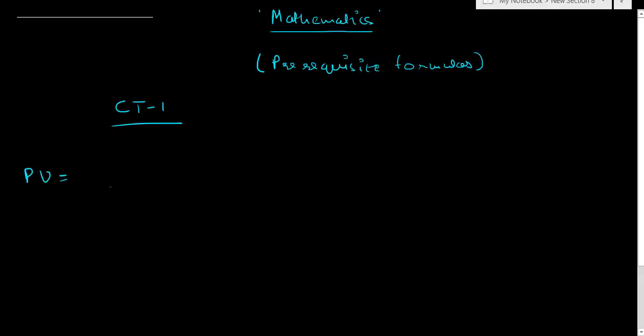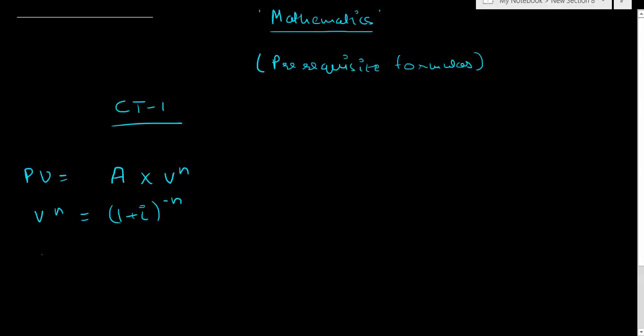So the formula for a present value was the amount, whatever the amount of payment or the cash flow is, multiplied by the discounting factor, which was v to the power of n. And this v to the power of n was simply 1 plus i, the interest added to 1, to the power of minus n. So this was a formula which helped us remove interest out of these amounts